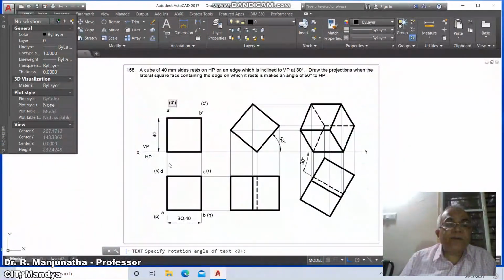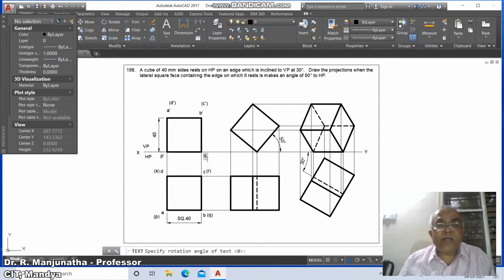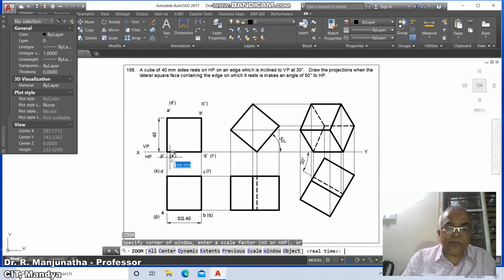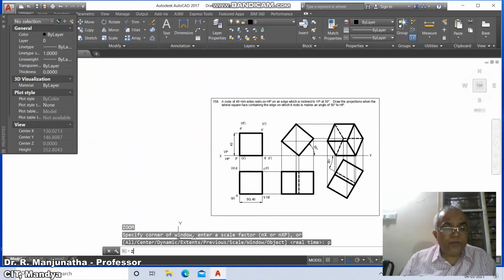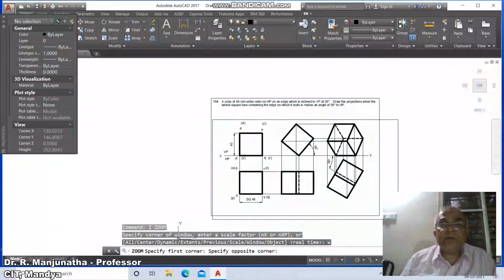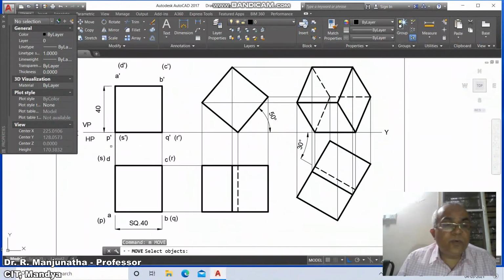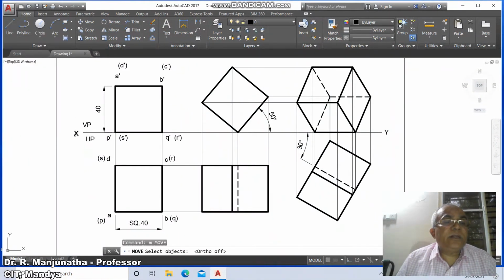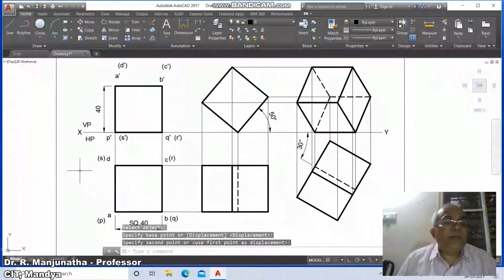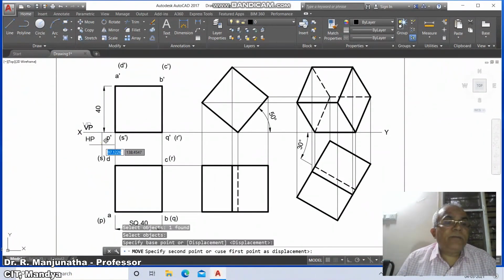Similarly, when you look from the front view, you are going to get P dash, you are going to get Q dash, then you take R dash in bracket, and then here S dash in bracket. Once you do this, then go to zoom previous, then go to zoom window, then now you move accordingly, then go to move, switch off the ortho mode, you got this, then go to move the X VP, then HP,